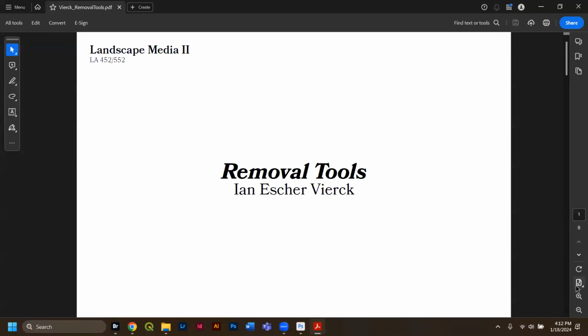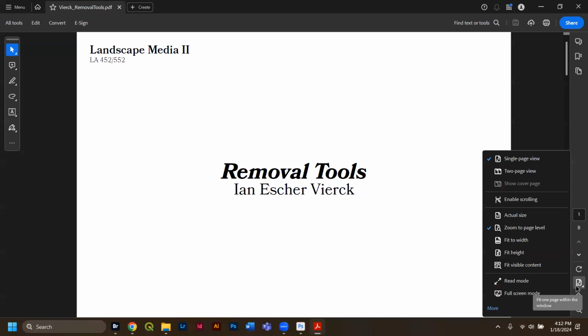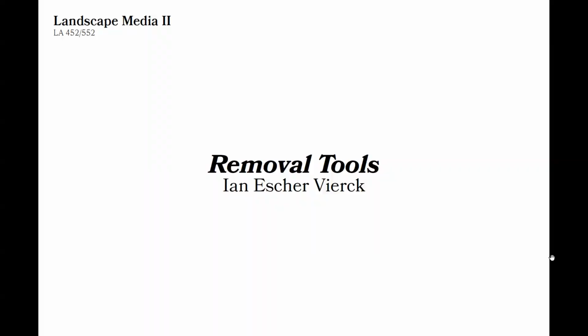So the removal tools are, I think, likely one of those tools that folks quickly identify with Photoshop. If you don't know anything about Photoshop, you know you can remove things using certain tools. And I think they really help. They can help us designers in rendering and trying to refine our entourages that we're using. And I think another